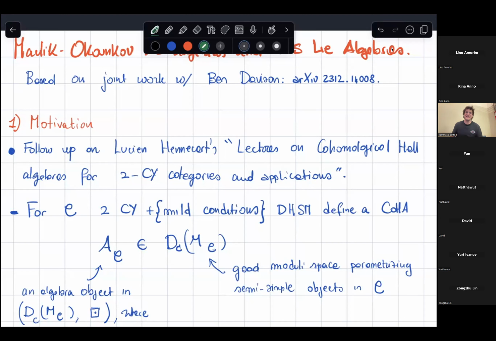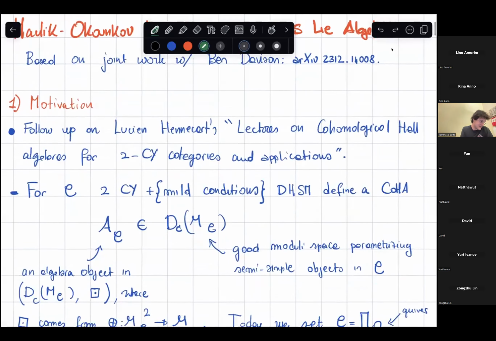I think these are a great point to start, because Lucien did a fantastic job explaining that whenever we are given a two Calabi-Yau category C plus some mild conditions, Lucien, in his joint work with Ben Davison and Sebastian Schlegel Mejia, defined a cohomological algebra, or well,